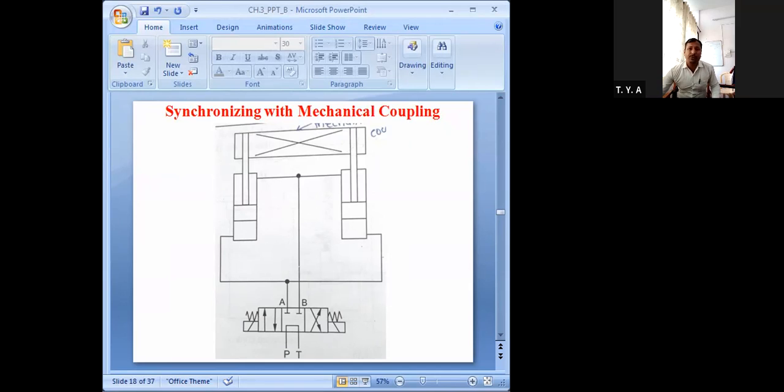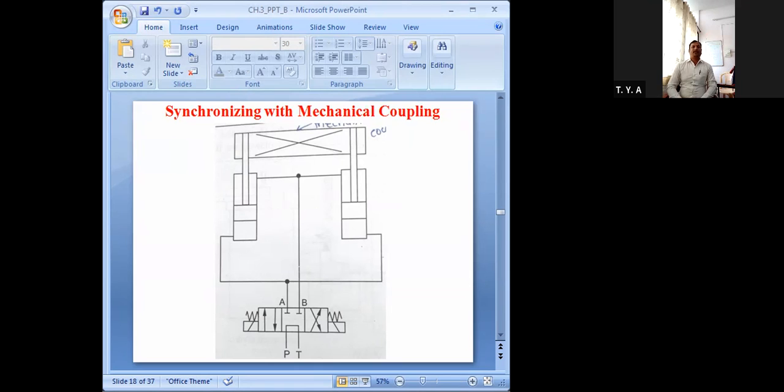Because whatever fluid comes from the P port will go to this B, and from this B, where is that fluid going? Please check, see the arrow, it is going to the rod end of both the hydraulic cylinders. That means at the top of your cylinder, and when fluid goes inside this cylinder, that time your retraction, that means the downward motion of your piston, will start. Okay, and fluid will come from this port, that means A to T. Getting it? It is called synchronizing.